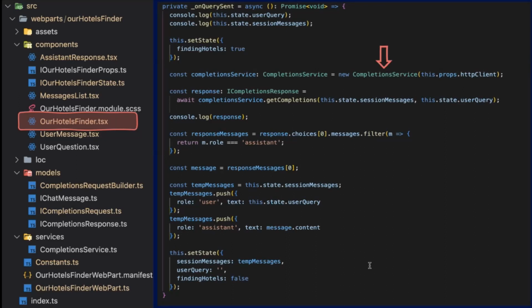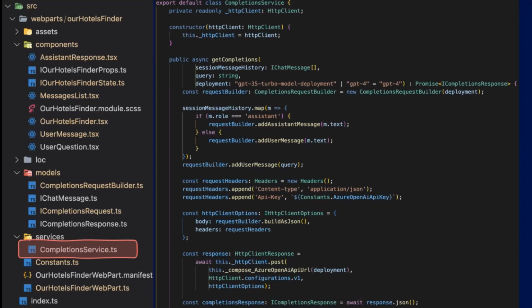This is the one that is making the call to the OpenAI API in this getCompletions method. And we pass the chat history, the different messages, and the current user query that the user has just typed in the text area. And once we get the response, we just update some state variables.